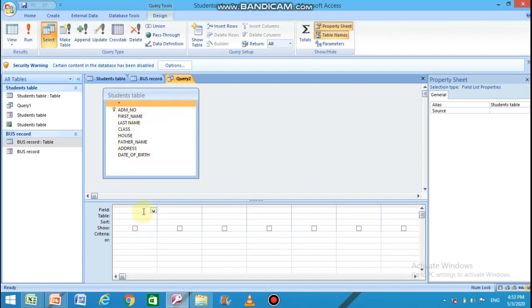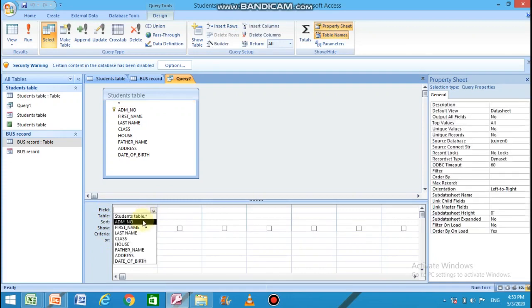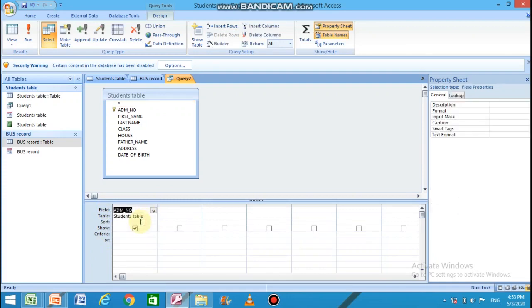Now come to the next part of the query building. Here you can see there are various headings: field, table, sort, show, criteria, or. From the field option, you have to select a field, for example admission number, which you want to see in the resultant table, that is the query result.